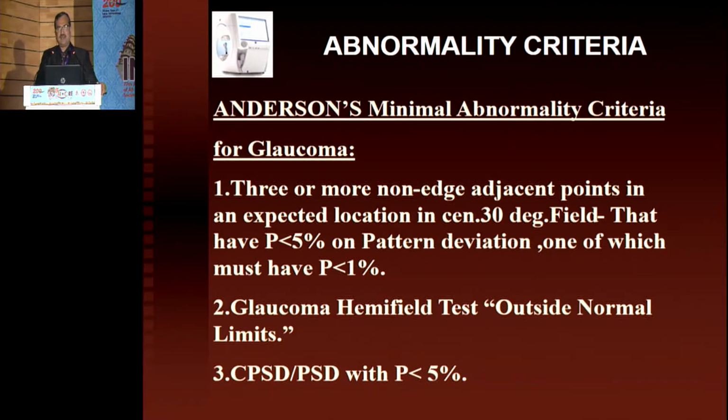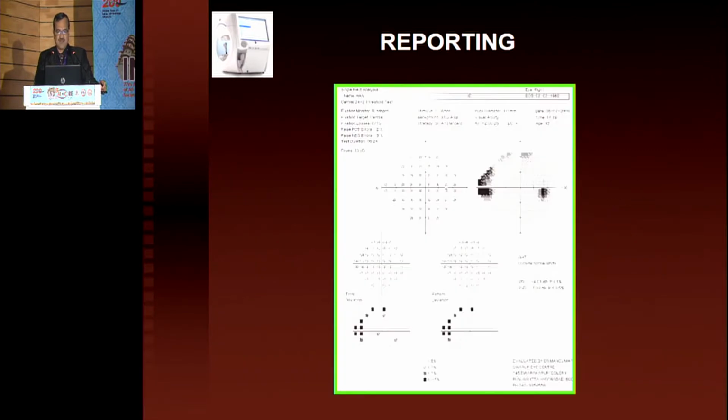And you diagnose glaucoma by Anderson's criteria. If the defect in your visual field satisfies these 3 criteria, then you can suspect glaucoma, subject to structural correlation of the optic disc. Now, if you come to reporting, if you want to describe this report in 2 sentences: the Greytone chart shows an incomplete superior arcuate defect with focal nasal step defect as corroborated in total deviation, with significant persistence in the same pattern in pattern deviation, that is most likely to be